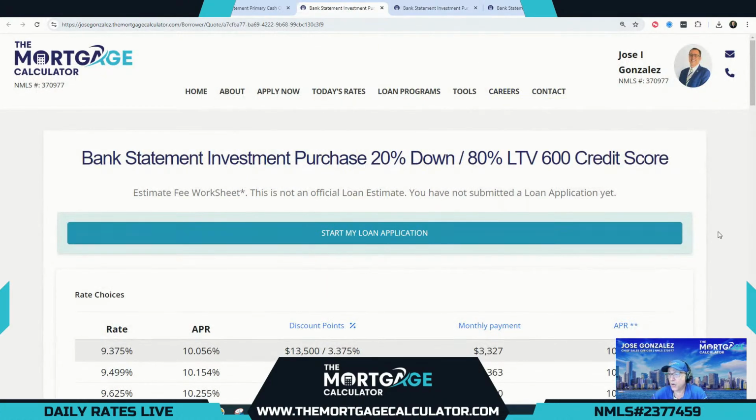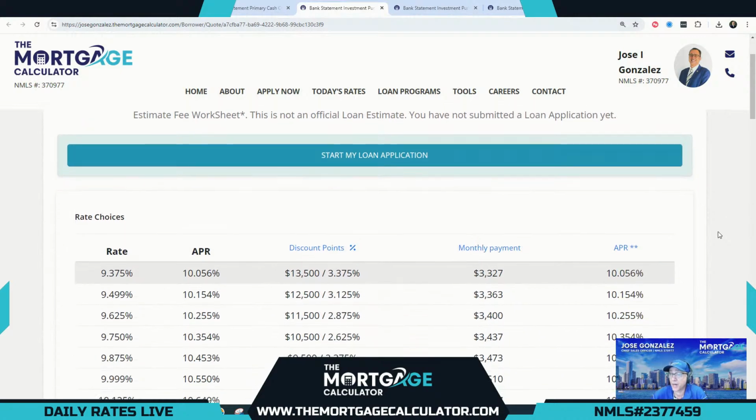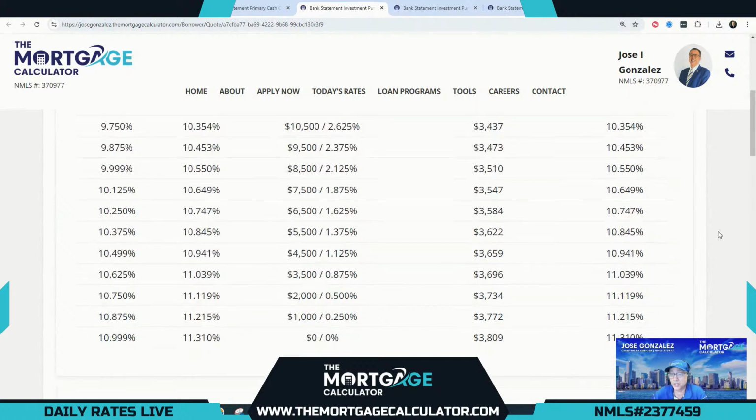And for our lower credit score borrowers, our lowest credit score option for bank statement loans is 600. That's the same low score, whether it's investment or primary. Maximum LTV is 80% at a 600 credit score, both the same for investment or primary. In this case, I'm sharing the investment rate with you, and you will see